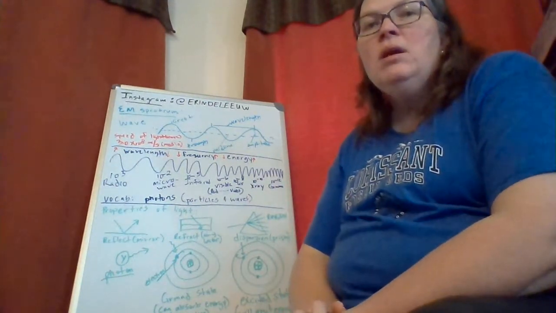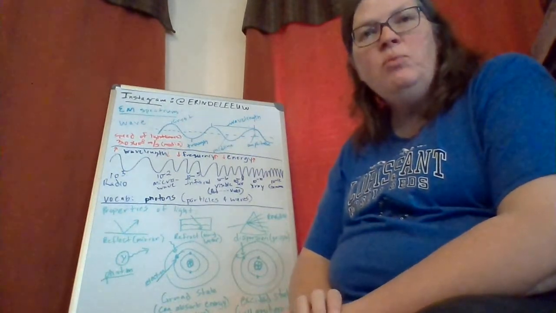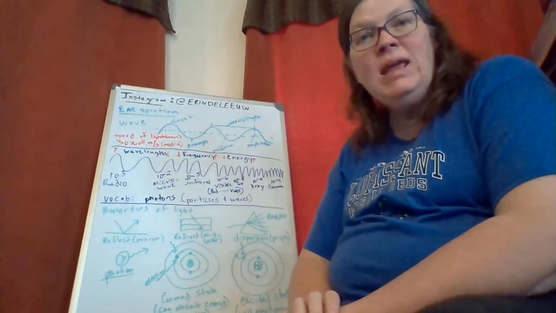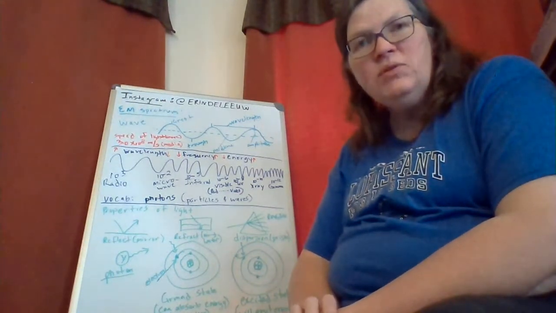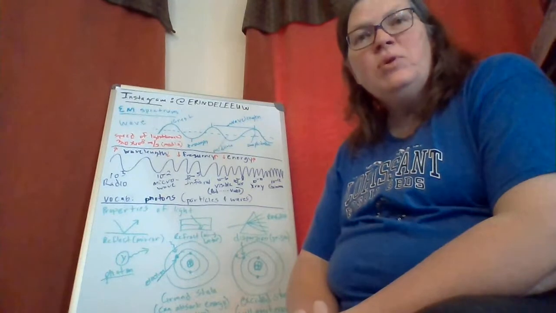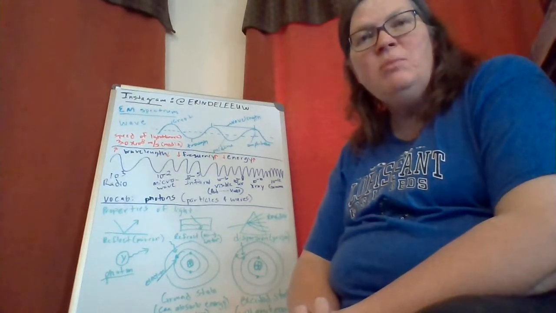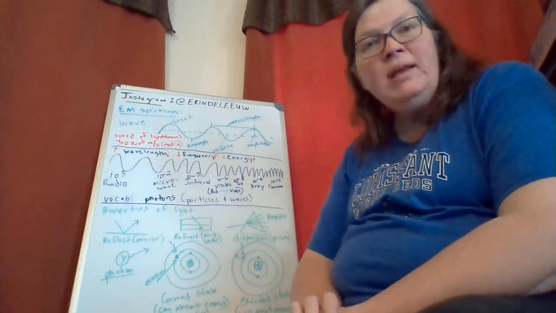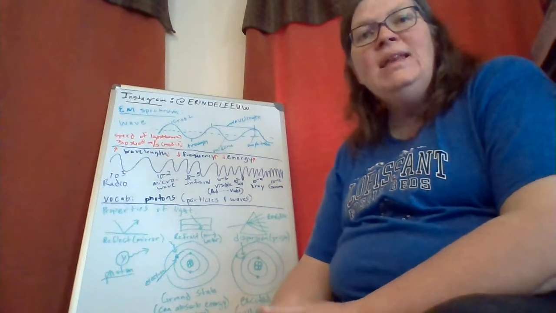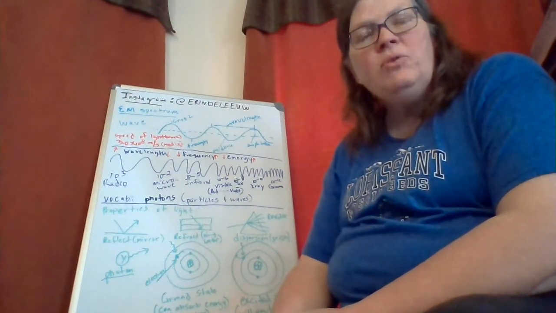In a vacuum like space, the speed of a wave is 3.0 times 10 to the 8th. So that's a positive exponent, so that's a lot of zeros, 8 zeros, meters per second. So 3.0 times 10 to the 8th meters per second. That's the speed of light. But it's the speed of any type of wave on the EM spectrum when it's traveling through a vacuum